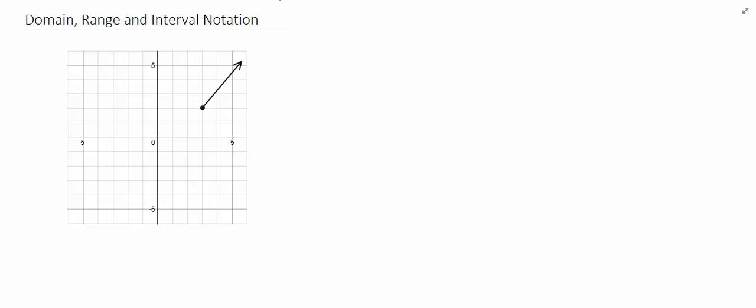So if we have a look at this example here, what we'll notice is as we come out from the origin, the graph doesn't exist through here. So we don't have any line showing up there. But once we get to this point here, and as we keep moving along the x-axis, we see that we have got a line for the graph in all of that region. So what this area here is called is the domain